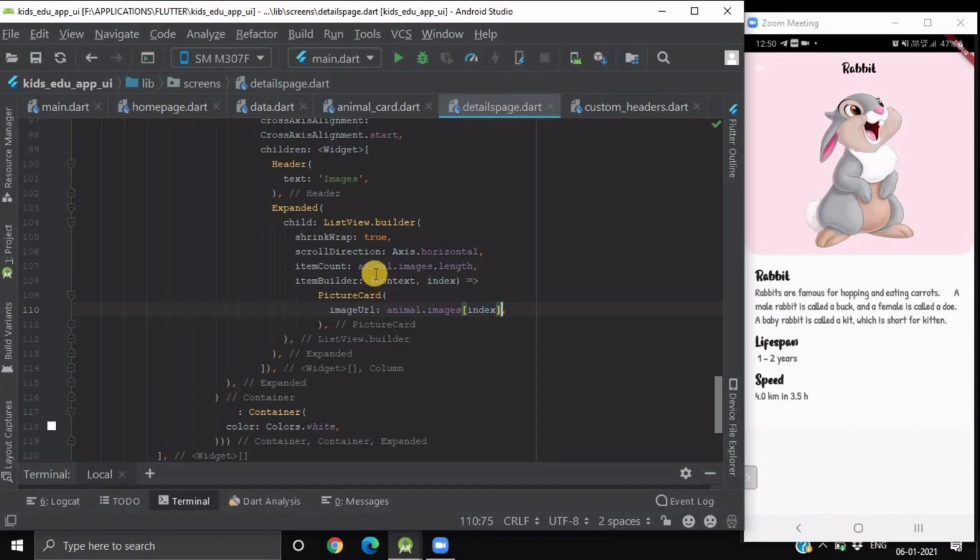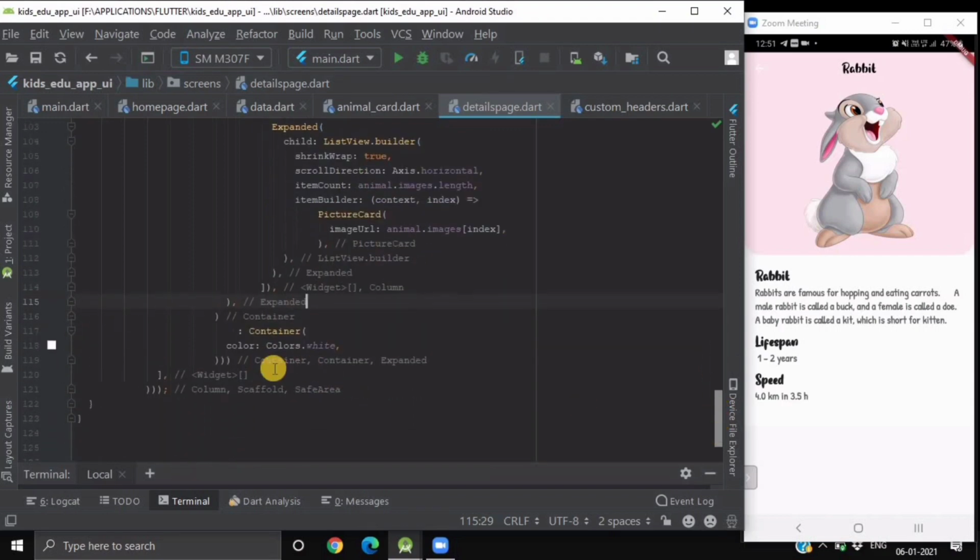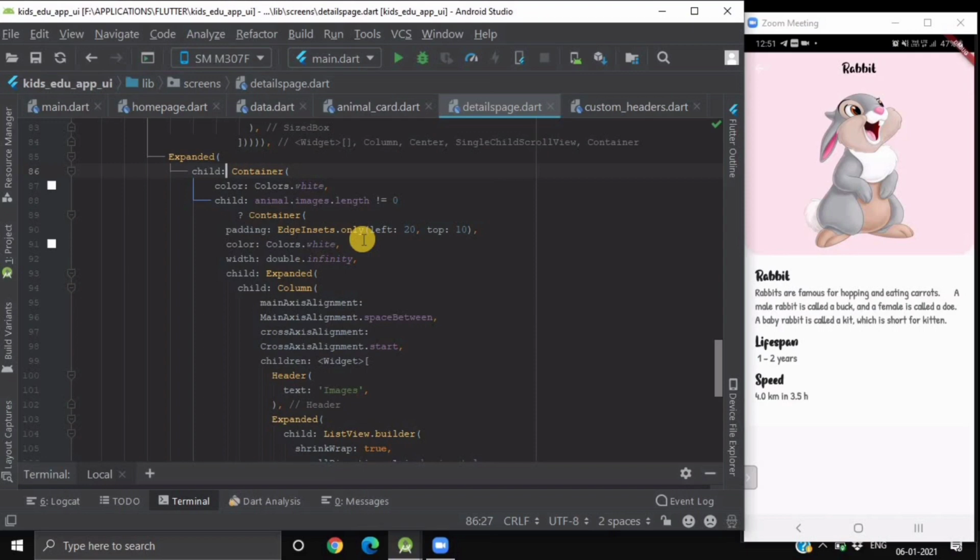So this list view will create that much number of network images which are equal to our animal.images.length. Okay. Otherwise, if our animal information is having its image list null, then we will be simply showcasing a container of white color. Okay. So I hope you have understood how we have created a horizontal list view for our network images.